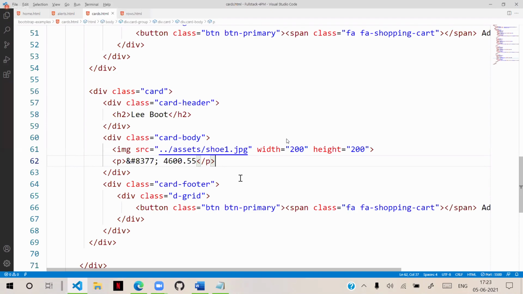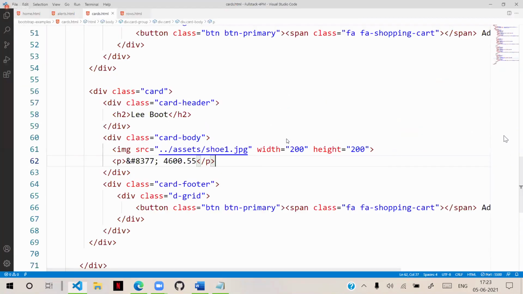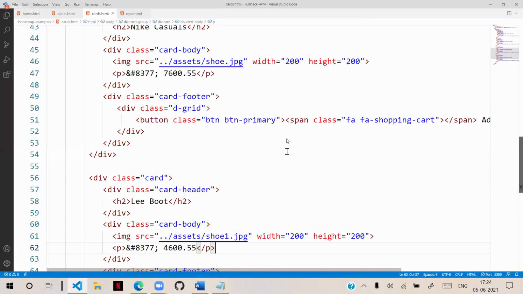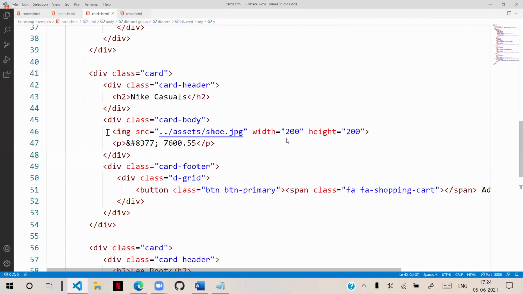Generally, different appearance styles will be there. Sometimes what we do is we keep the image. Suppose Nike casuals. Where is that? Yeah. For this, I am picking up this image, and it's not mandatory that every time you need a card body.